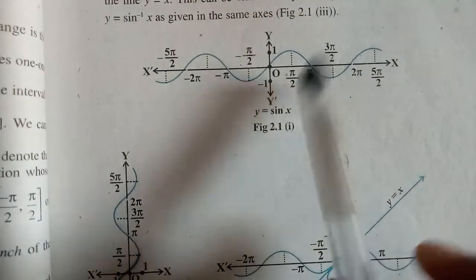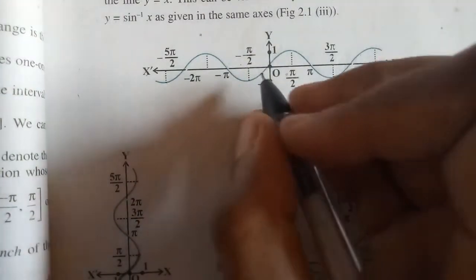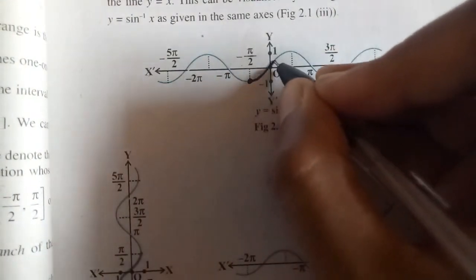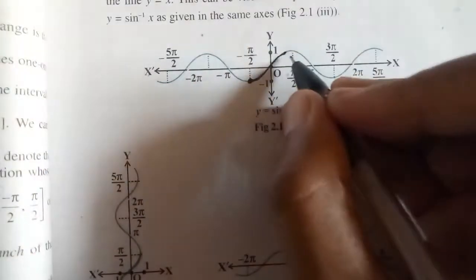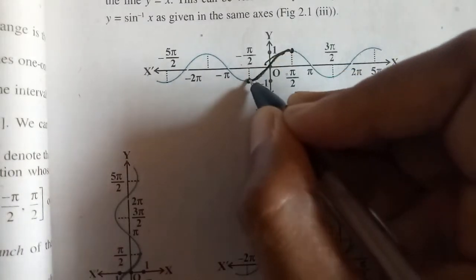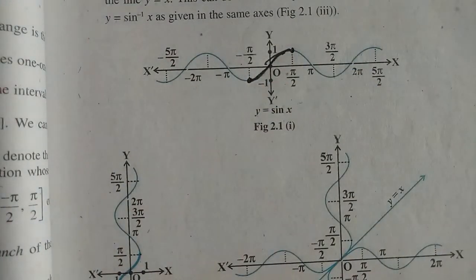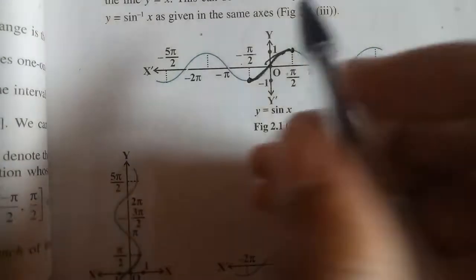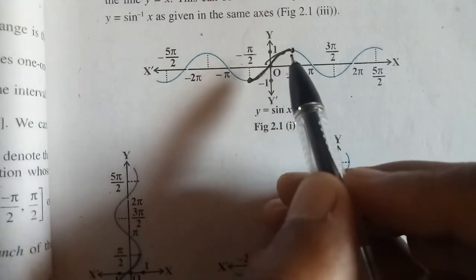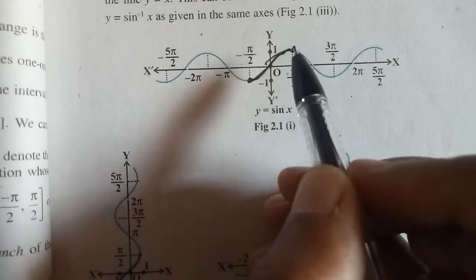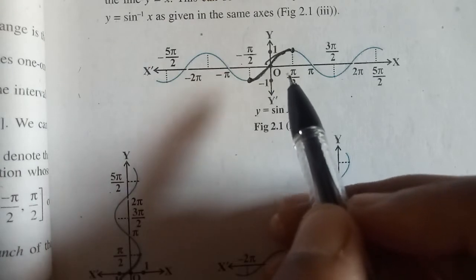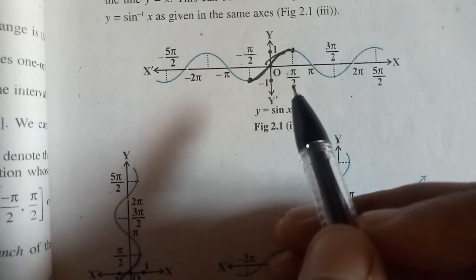So what I am going to do, children, is closely have a look at the interval -pi/2 to pi/2. Can you see this? If you want, I will draw over it. In this range from -pi/2 to pi/2, you can see that all the values are distinct. -1 appears only one time in this interval, and similarly 1 also appears exactly one time. So in this range of -pi/2 to pi/2, your function sine will become injective. Yes or no?